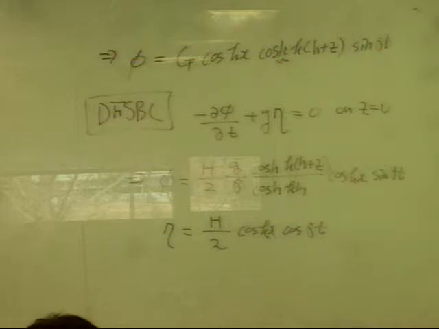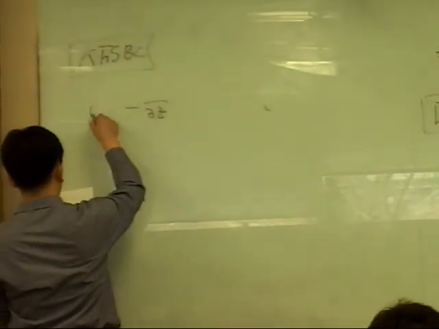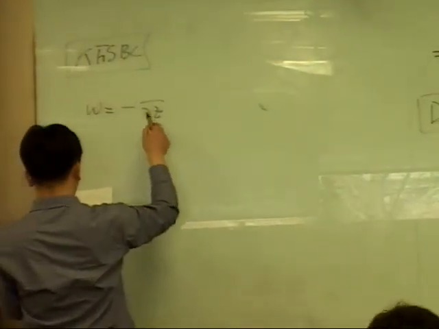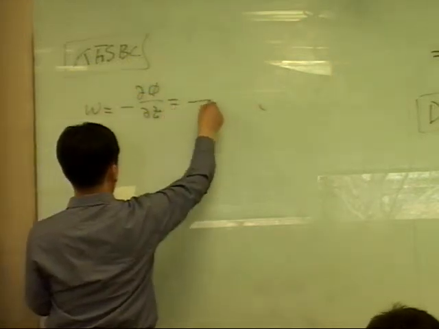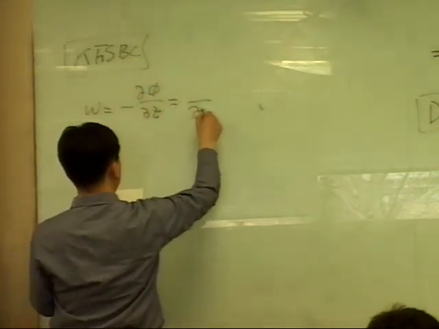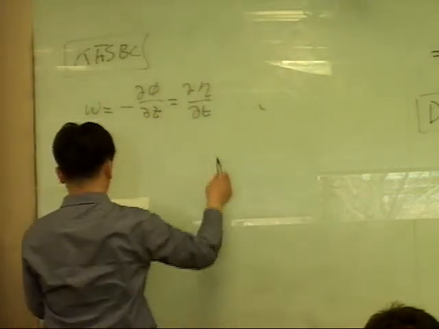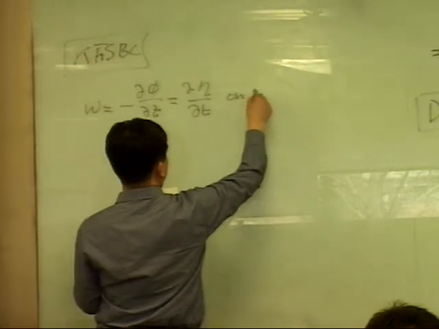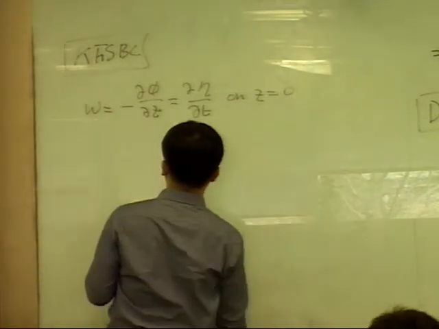The velocity in the z direction is the same as the velocity of the free surface